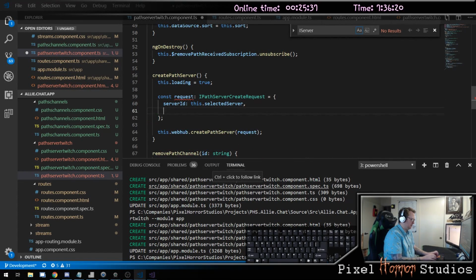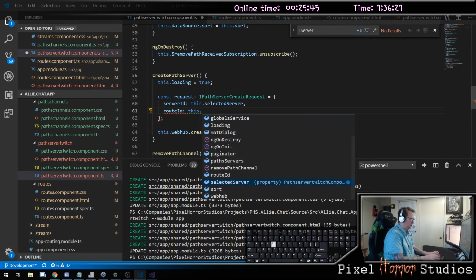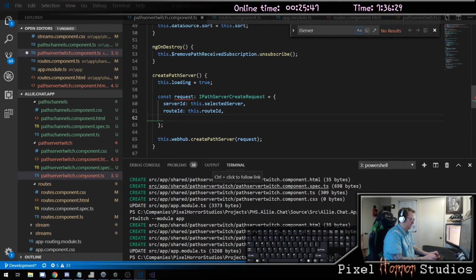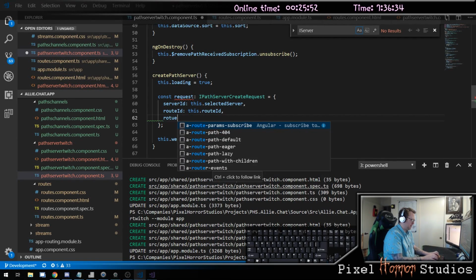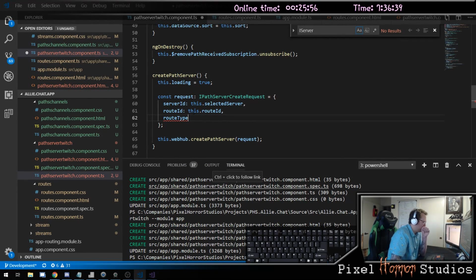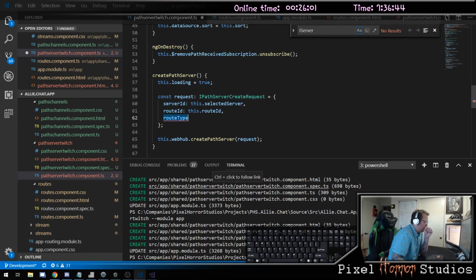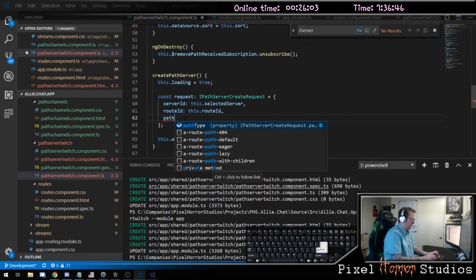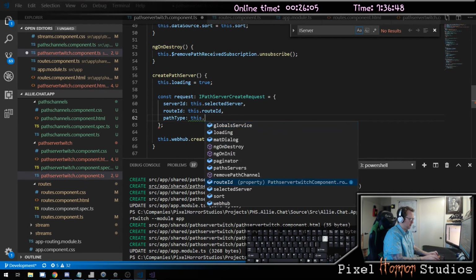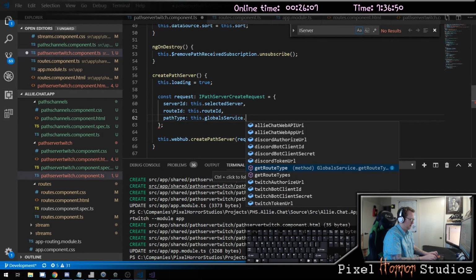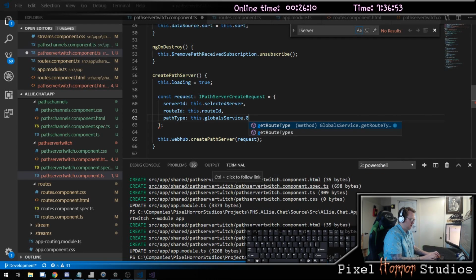It says I need to have the route ID, which is this.routeID, and it said I needed to have the route type, path type, which is this dot global service dot get route type